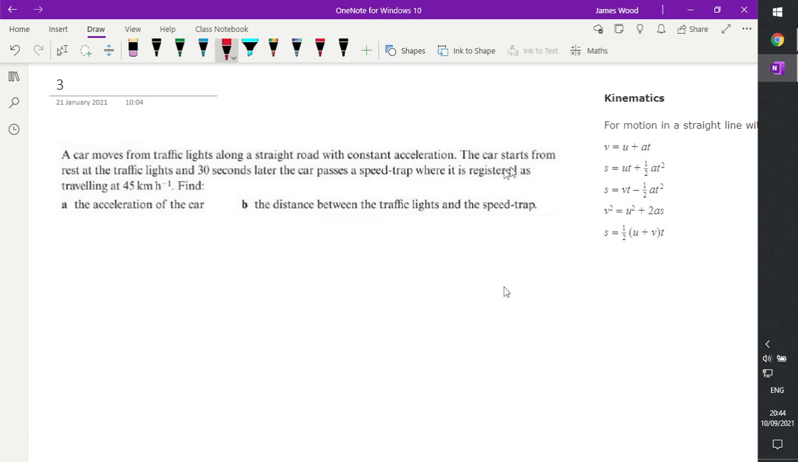So things that we know here, it starts from rest, so that means that u is 0. And 30 seconds later, it passes a speed trap where its speed is 45 kilometers per hour. I'm going to convert that to meters per second. So 45 kilometers per hour, I can do 45 times 1,000, because that's how many meters there are per hour. And then I don't want it in per hour, I want it per second. So I'm going to have to